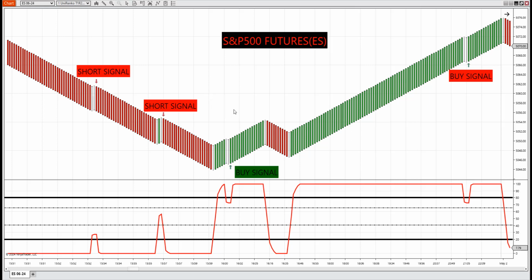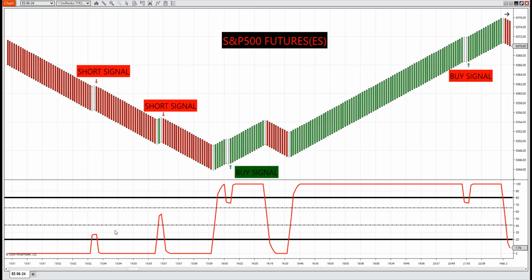Okay, let's take a look at these buy and sell signals. This is the S&P 500 futures. By using an oscillator below, we can tell if the market is gaining strength or showing weakness. You can see on these two short signals, the market was in a downtrend, but this oscillator, there's a specific